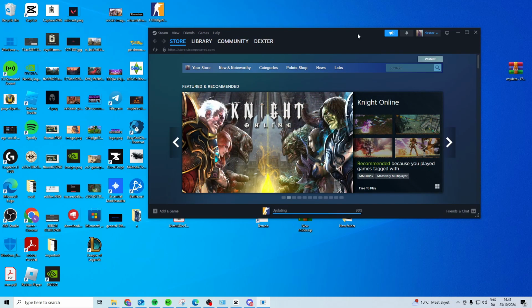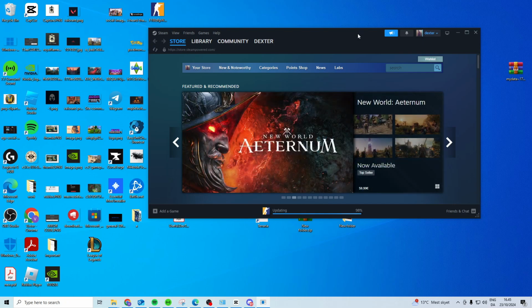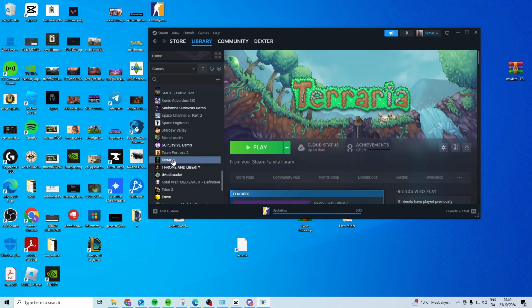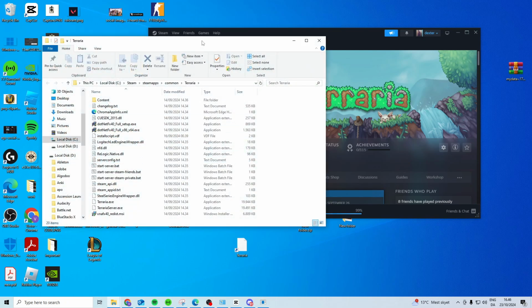In this video, I'll show you how you can fix your Steam game icons are missing. Now, as you can see right here, I have Terraria, and if you don't see the icon on it, what you can do is head over to Steam, go to your library, and then find the game. Then what you want to do is you want to right click on it, manage, browse local files, and then